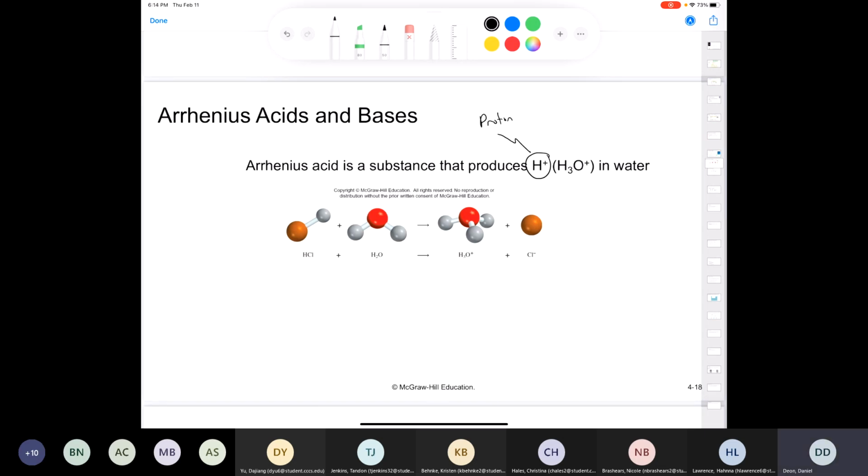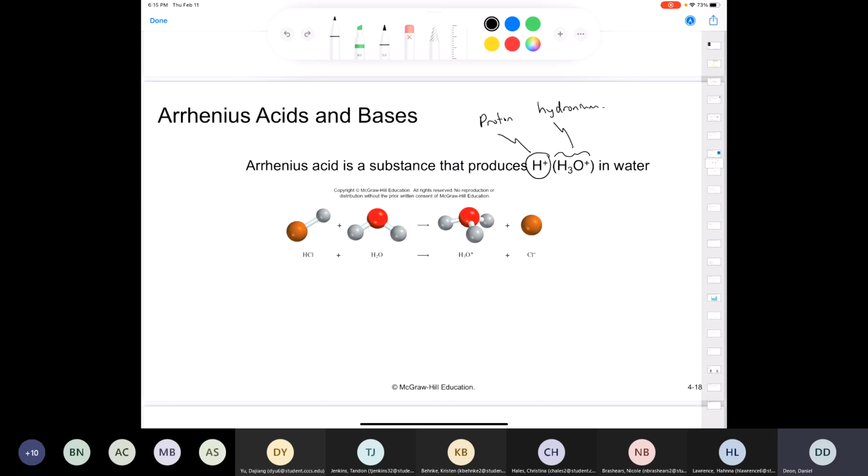So then you might be wondering, well, why do you have hydronium? That's H3O+. This is called hydronium. You might be wondering, why do we have hydronium in brackets? We're going to look at that in a second. But what happens is that the Arrhenius acid, HCl, donates or produces the H+ ion that comes from the hydrogen in the HCl. But the definition of an Arrhenius base is a substance,